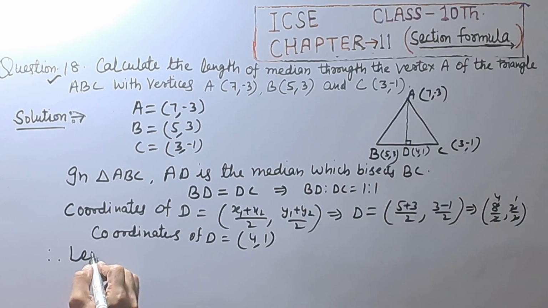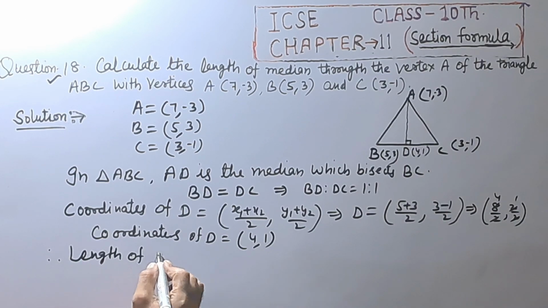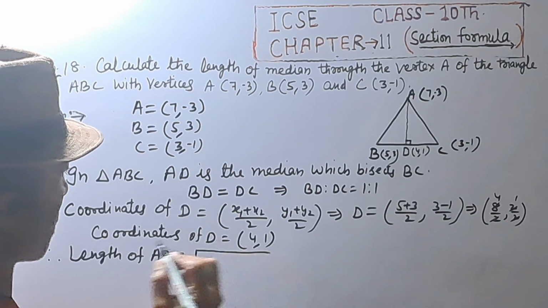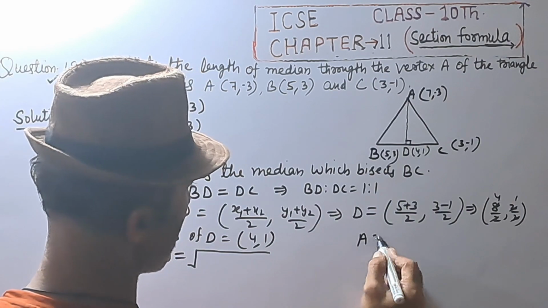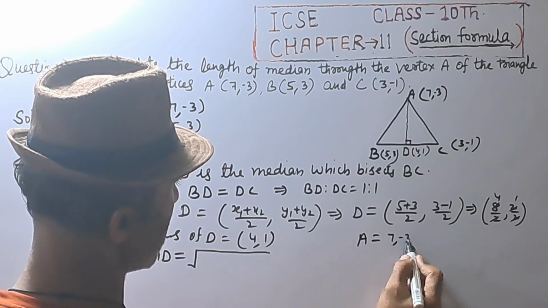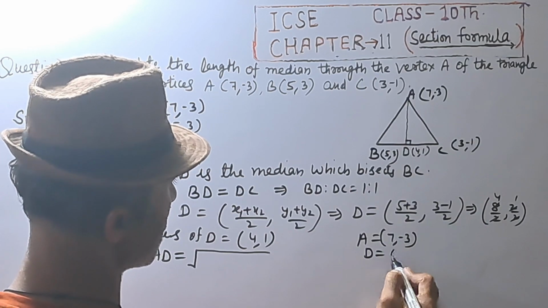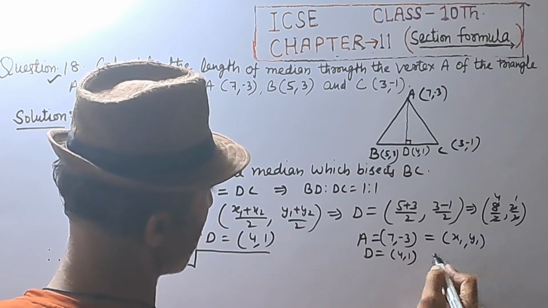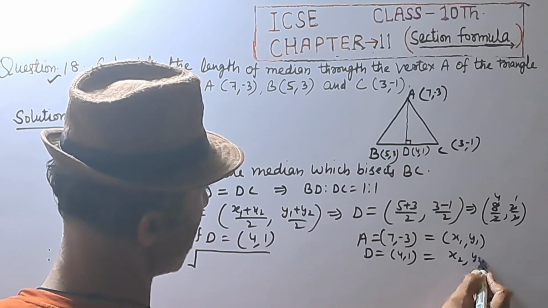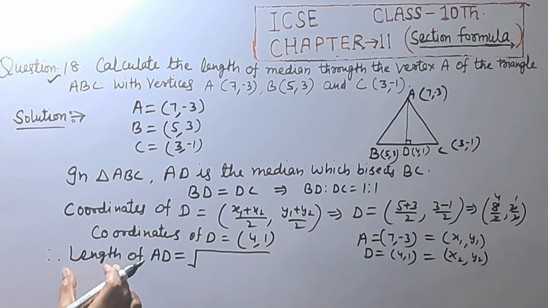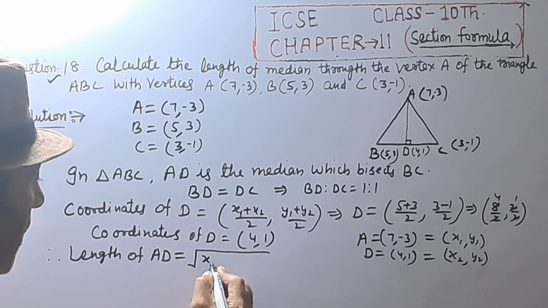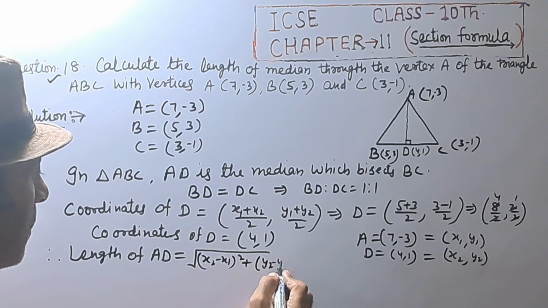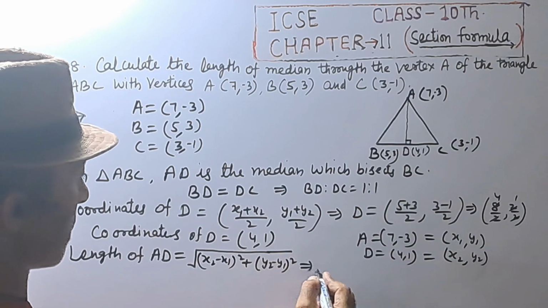So length of AD, that is equal to, by distance formula, A is equal to (7, -3) and D is equal to (4, 1). That is equal to x1, y1 and x2, y2. So by distance formula, square root of (x2 minus x1) raised to power 2 plus (y2 minus y1) raised to power 2, which implies